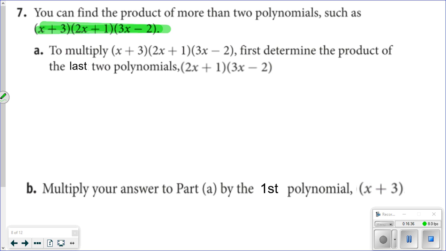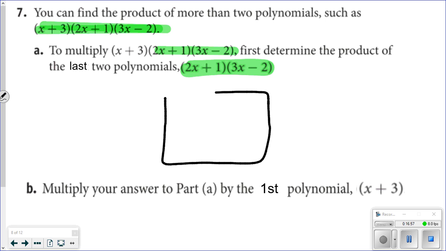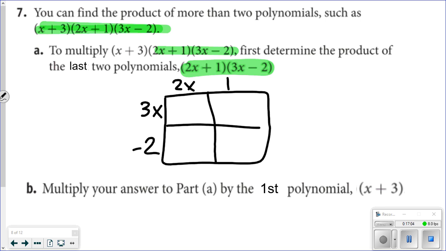But what we are going to do is multiply the last 2 polynomials first. Okay? So notice I'm multiplying these 2 first. If you want, again, you can do the box method and do a 2 by 2, or you can think about foiling or the distributive property. It's totally up to you. Whatever you prefer. So I'm going to FOIL